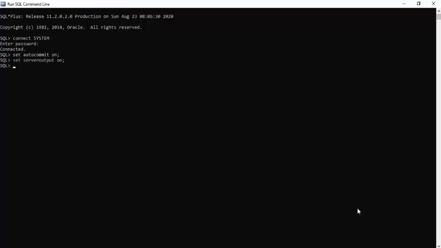And the next command is a new command, set linesize, and the number of characters to be displayed per line. Why are we giving this command? Because the output sometimes is very big for your screen, so the output gets displayed on the next line of your screen. You can prevent this by giving the line size and restricting the characters per line.